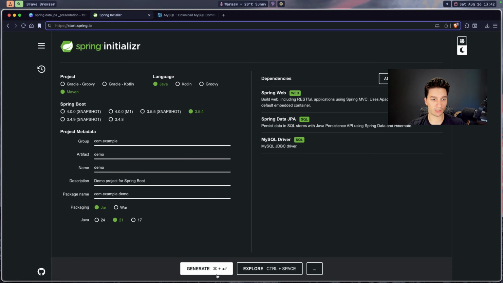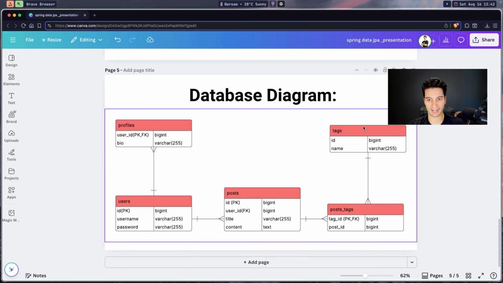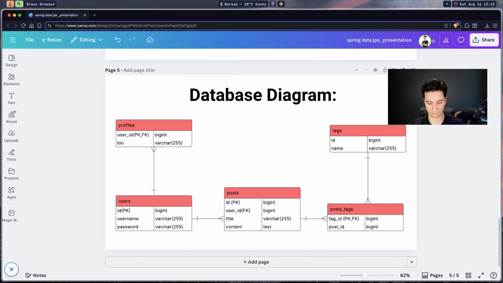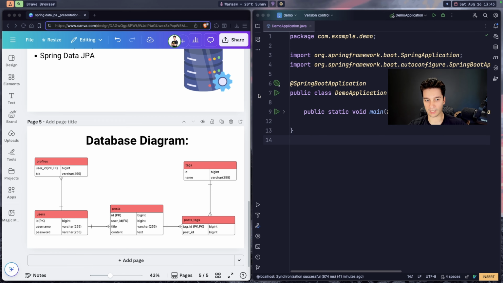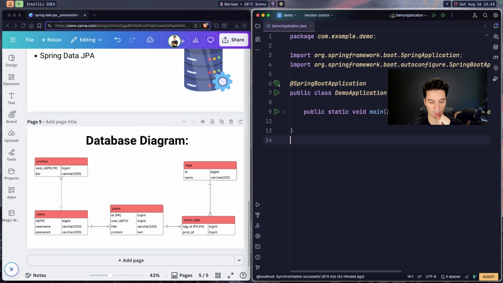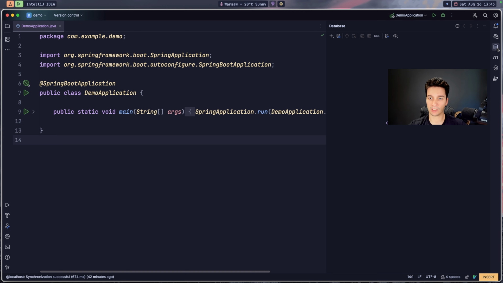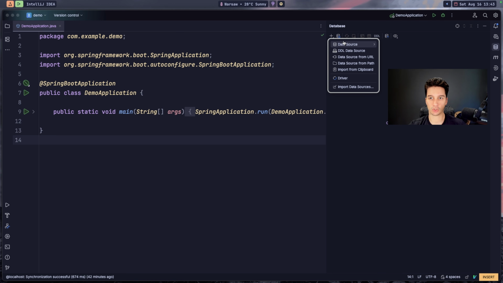I already generated the project, so you can download it and open it in your IDE. I will obviously use IntelliJ. Okay, I need to move it to the main. Okay, and now what we need to do to work with our database is go here and add new data